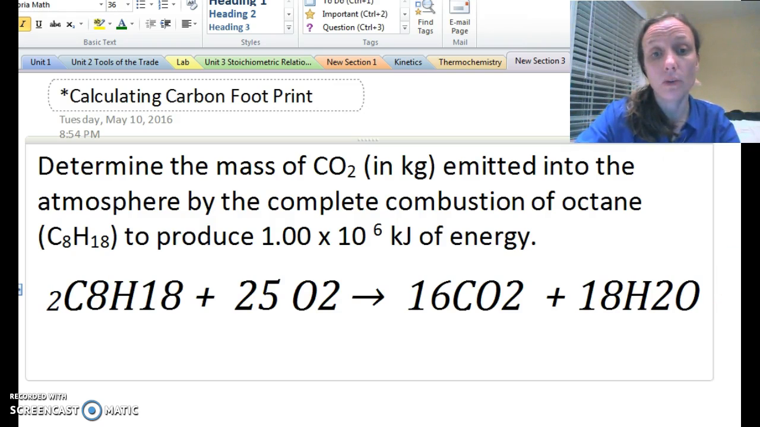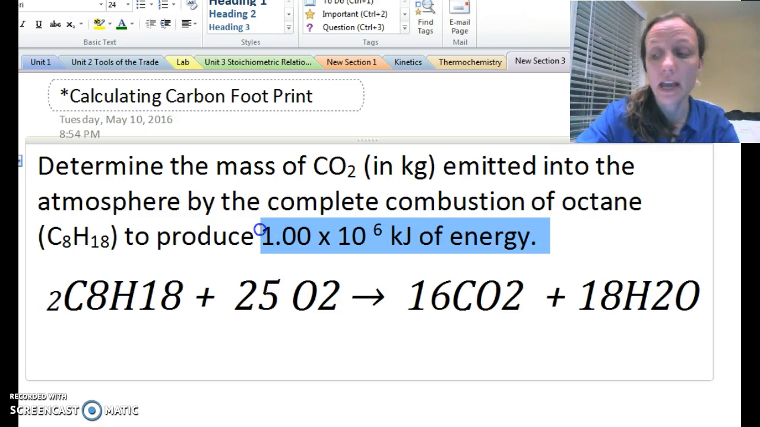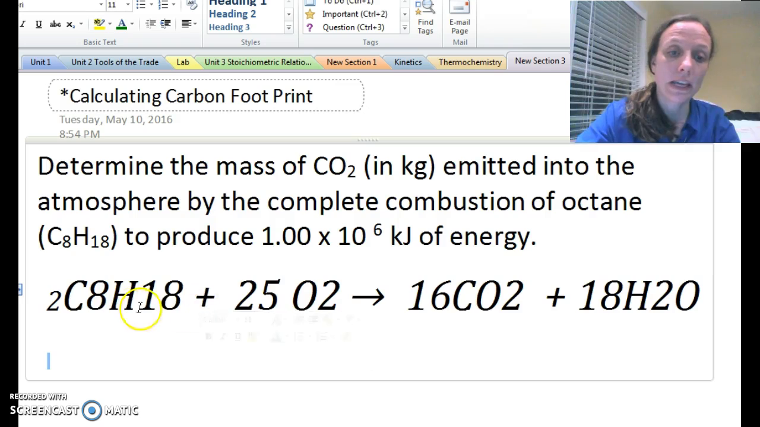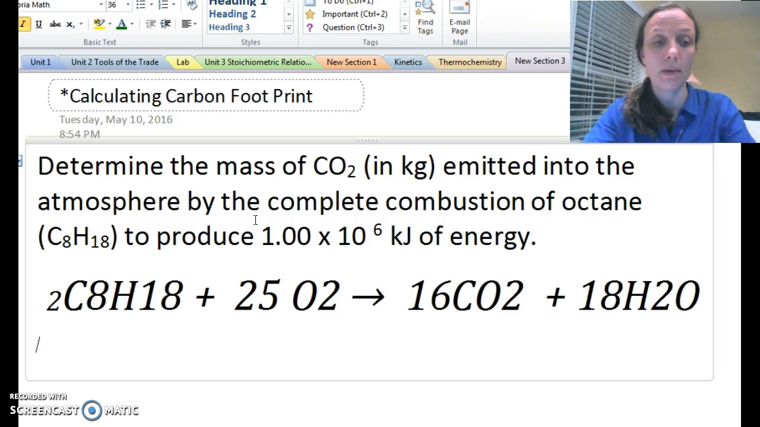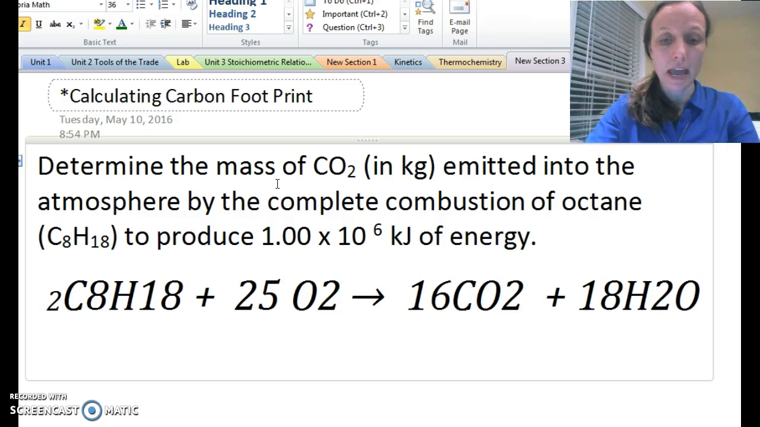So now we know that we produce this much energy right here. So we're going to take that and we're going to think, how much energy do I get out of this combustion? Well, the problem will either give you the enthalpy of combustion, or you can look it up. So the delta H,